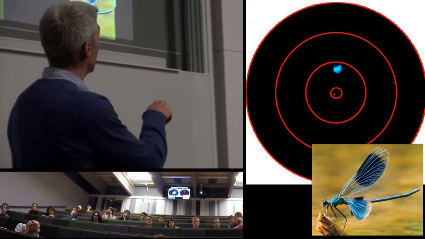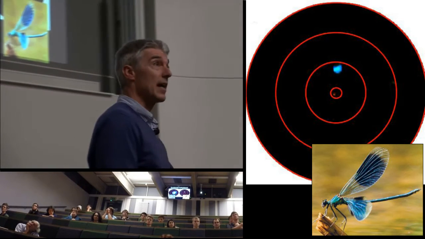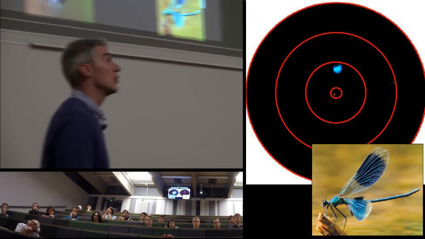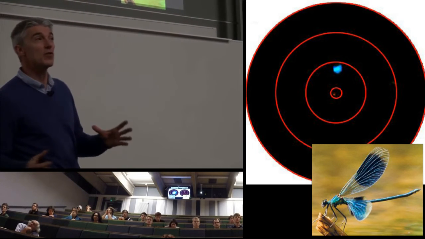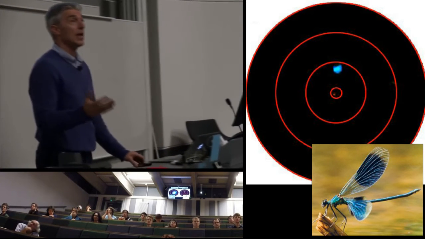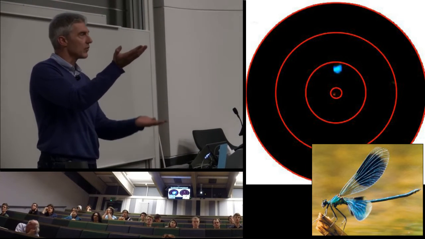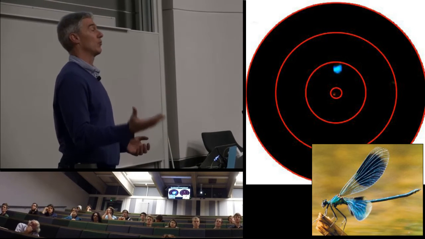Well, possibly that one will be a bit safer compared to that one. If that one's more visible to what we say are conspecifics, the same species, then it's going to be more visible to its predators as well. There's a cost and a benefit associated with that. And the Darwinian argument is, if the benefit outweighs the cost, then that's a trait, a phenotype which will stay, which will remain.